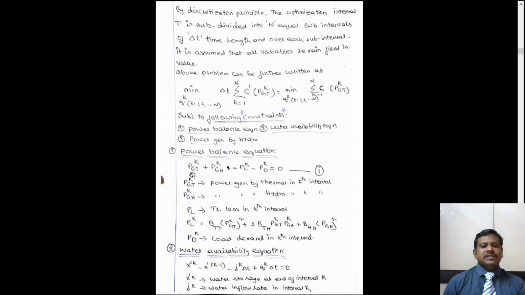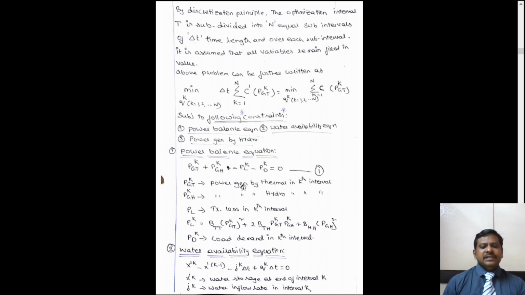For example, if you consider PGT, power K for a thermal power plant, which is the Simhachalam thermal power plant in our example, we are considering PGT as the Simhachalam thermal power plant, consisting of 4 units. So this equation can be written as PGT 4 plus PGH. Since we have considered it as an example, you could consider it as 2 units or 3 units, but these are 4 units, so we will be writing it as 4.